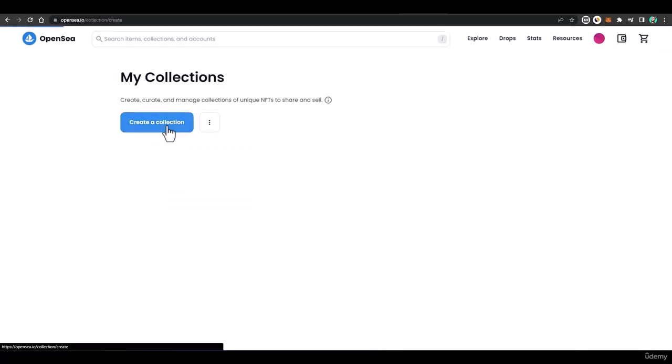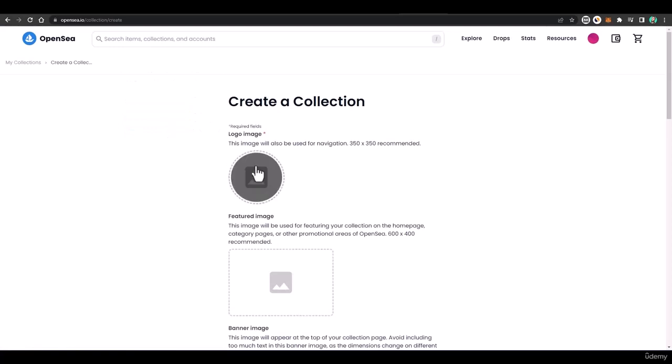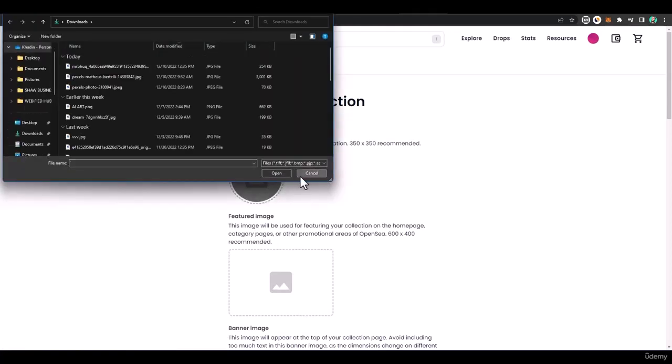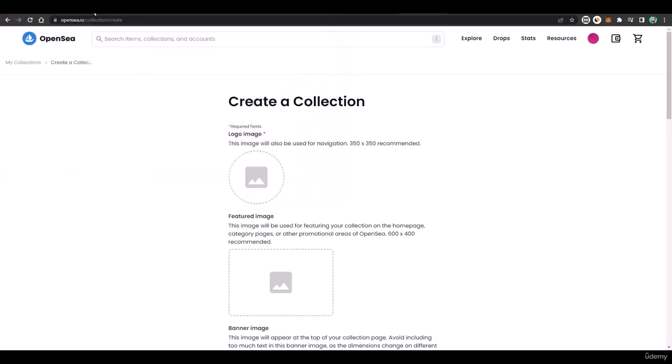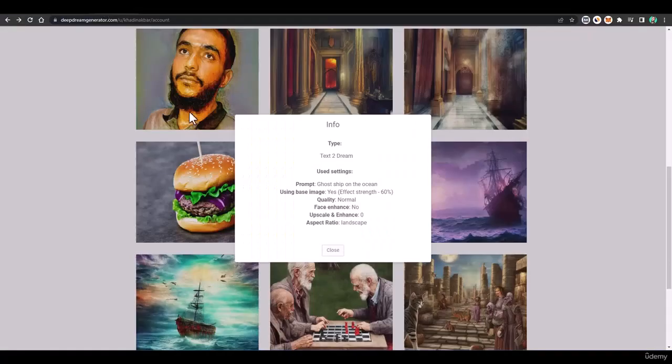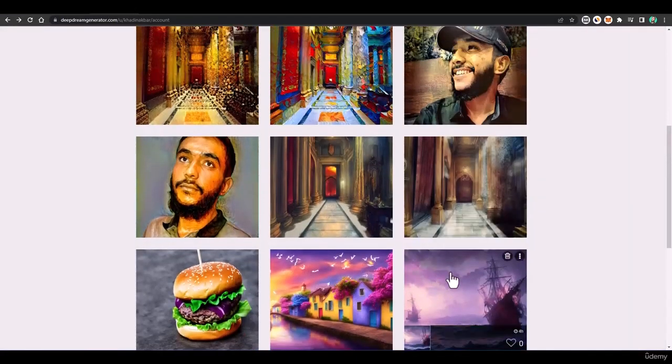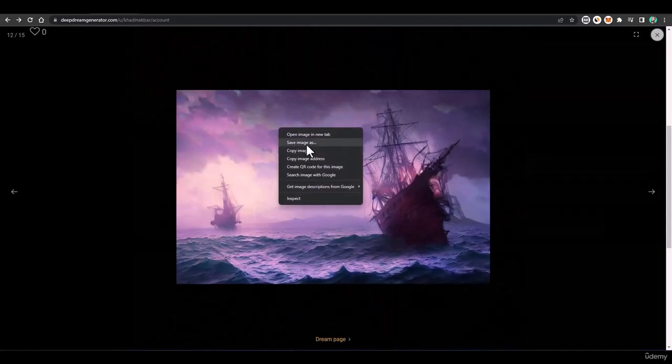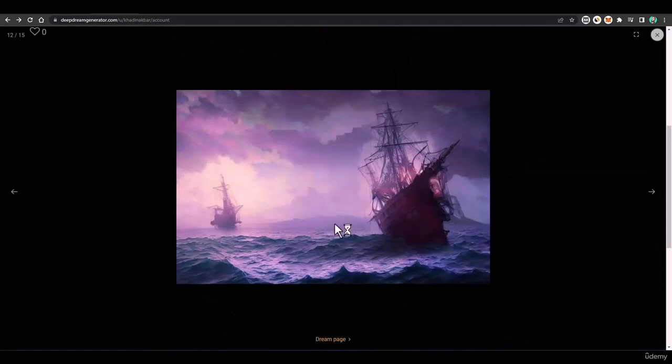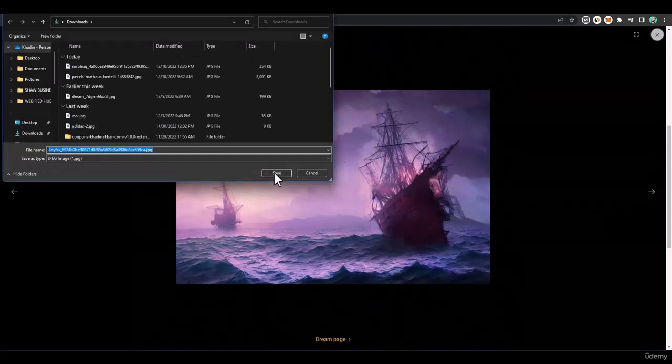Here I can create a collection, and I can upload the image of that collection. You can create the image from that AI art, download it, and edit it in Canva or other tools.